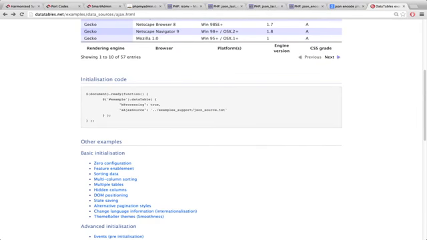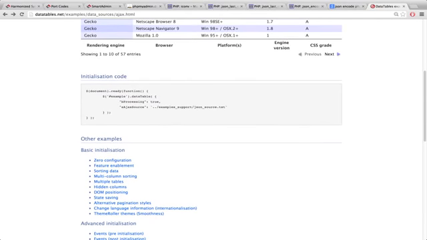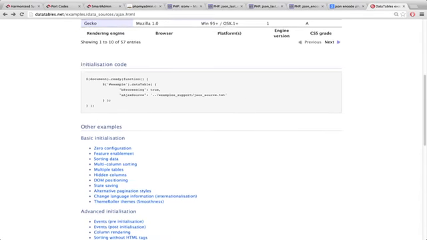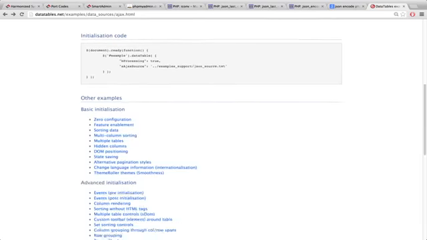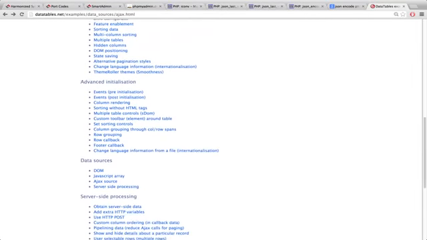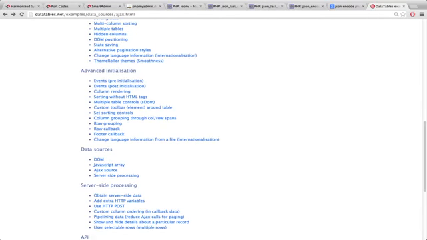So because we're making an Ajax request to our server, and our server is working with a database such as MySQL, we're going to need to work with a server-side programming language like PHP, and we're going to need some PHP code to make that search on the database and then come up with a result and return it back to the client. So if you scroll down on the page here, there's a link to server-side processing, and